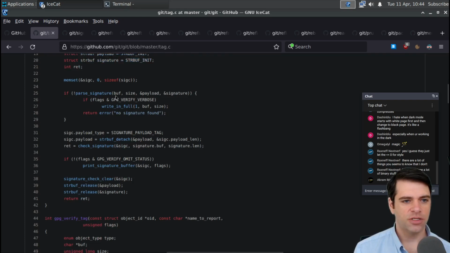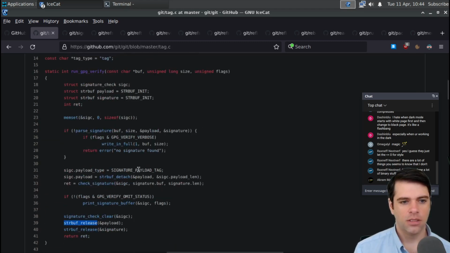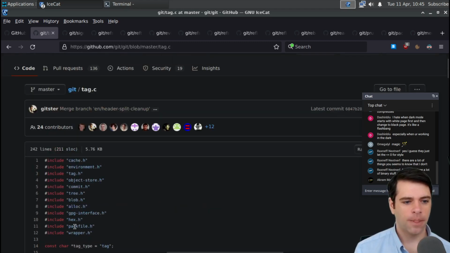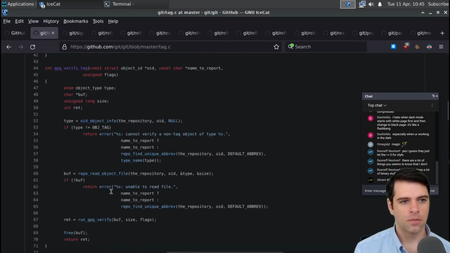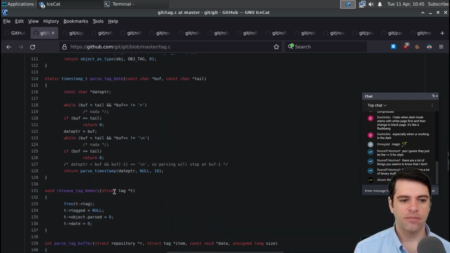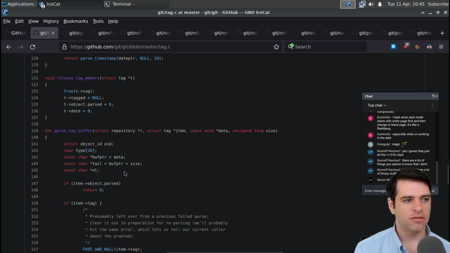And we're presumably just going to call verify, parse signature, check signature, print signature buffer, signature check clear, strbuf release. So parse signature. Do we import something GPG-ish? GPG interface. All right, cool. So I guess at least based on the implementation, tags are really used for